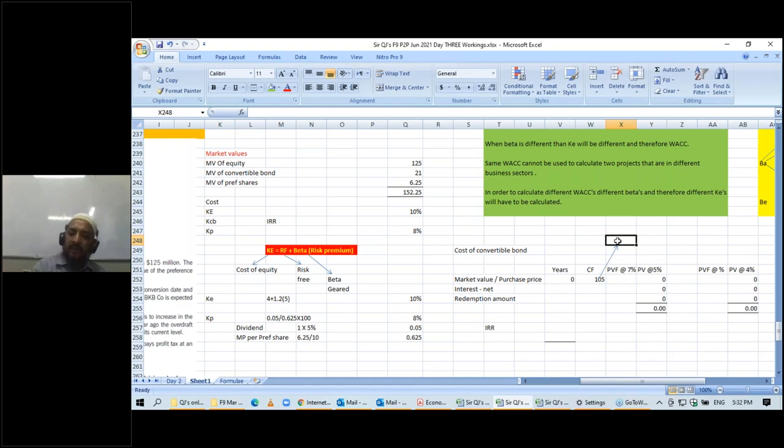You can take 21 million as well, and then you have to work on 21 million bonds for interest as well and for redemption amount as well. I'm working on one bond basis. So if you take the value of one bond, 21 million is the value of all bonds divided by 100. If you divide by 100, you get the number of bonds, right? 21 million divided by 100 gives you the number of bonds, and then multiply it